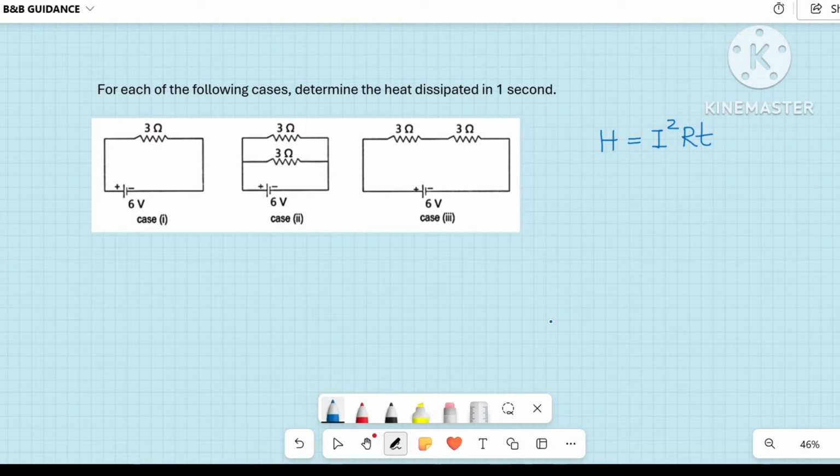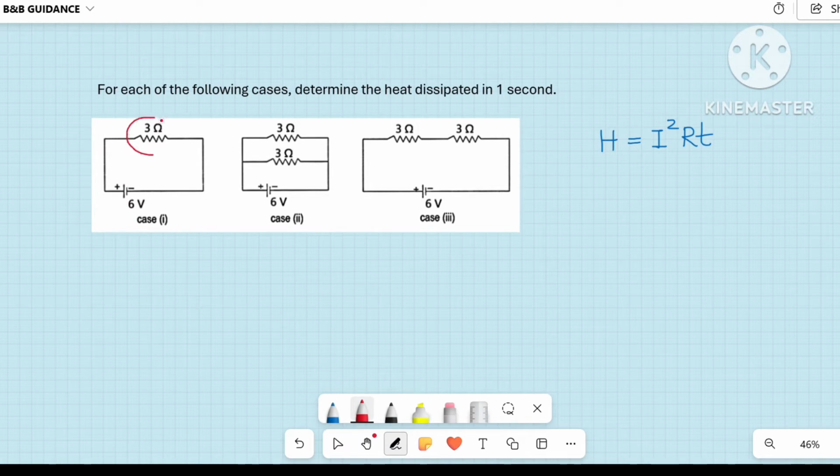But current is not provided here. So we can go for some other formula. But let me discuss with the same formula. We can find the current and we will try to solve it. Okay. In the first case,